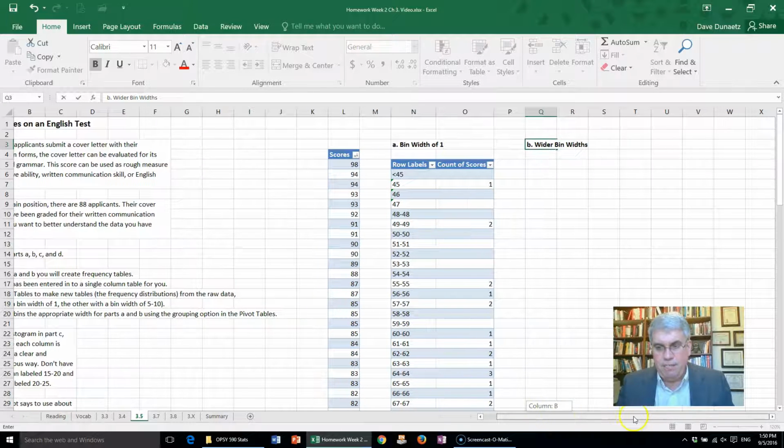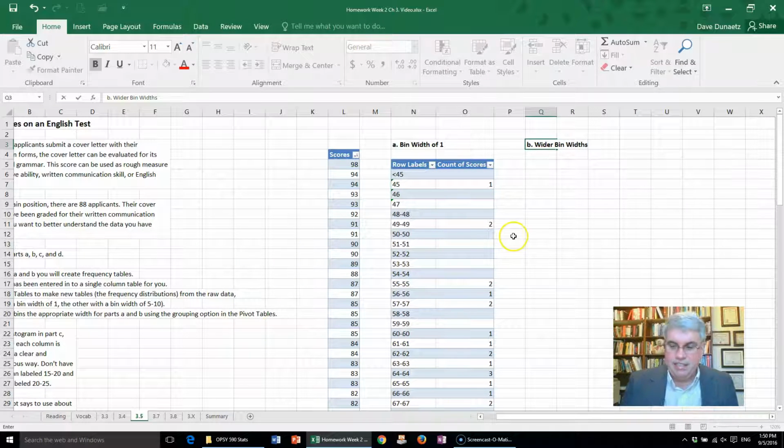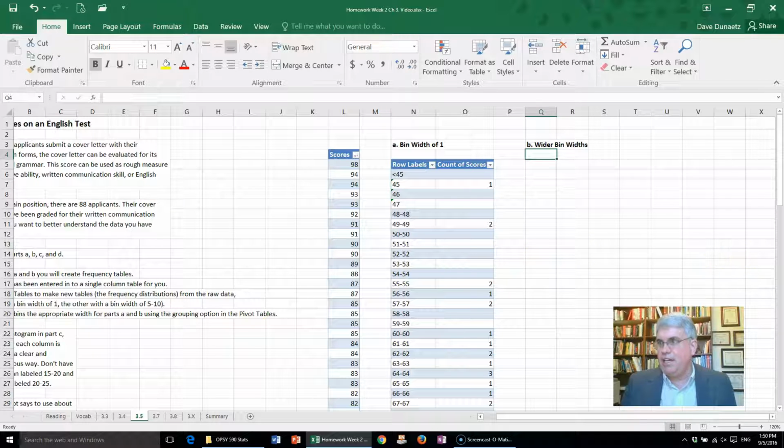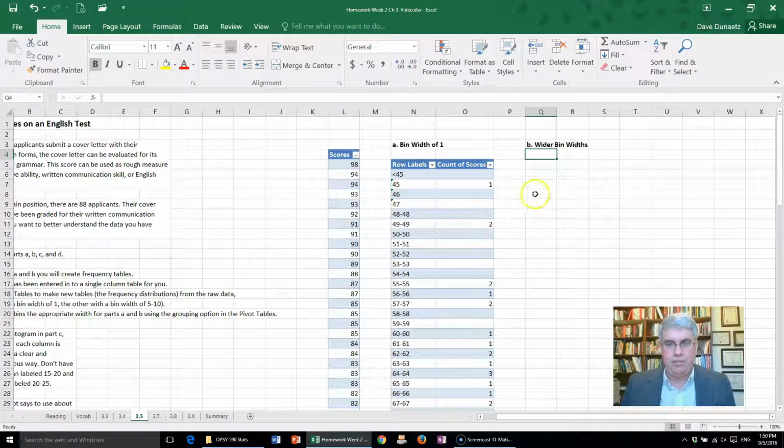So here it says about 15 bins. Oh, that's kind of a lot. Rather than just doing it by the number of bins, let's do it by some logical grouping. Let's do it by multiples of 5. So let's create our